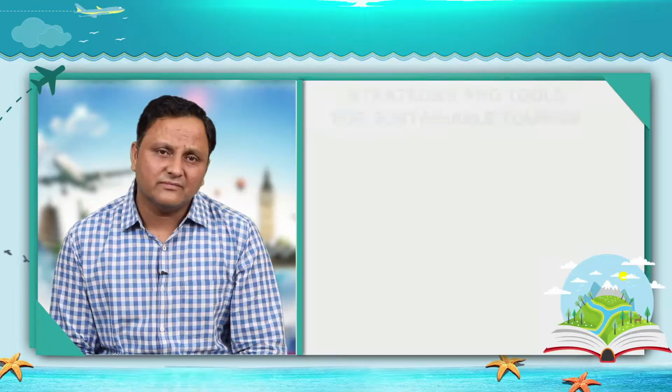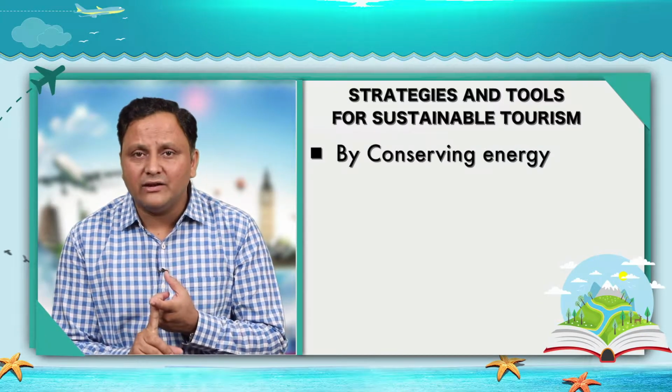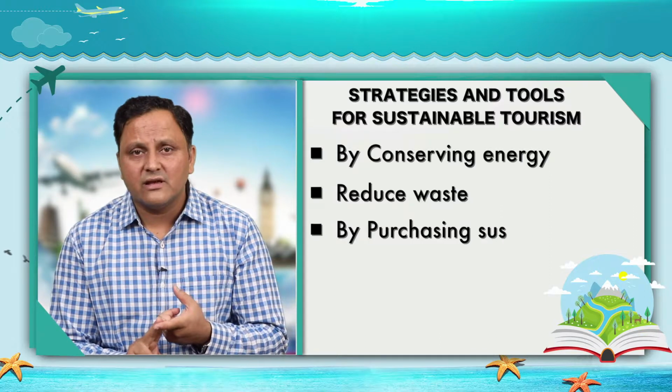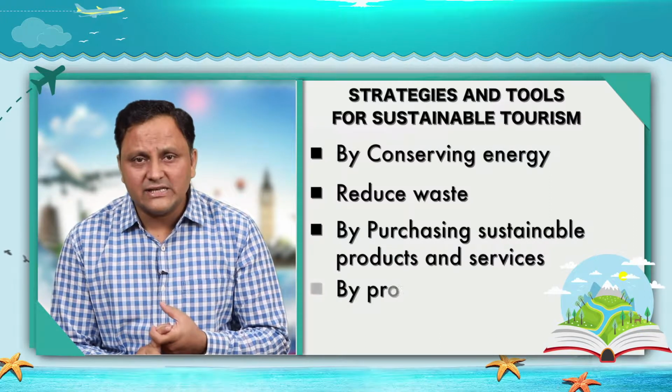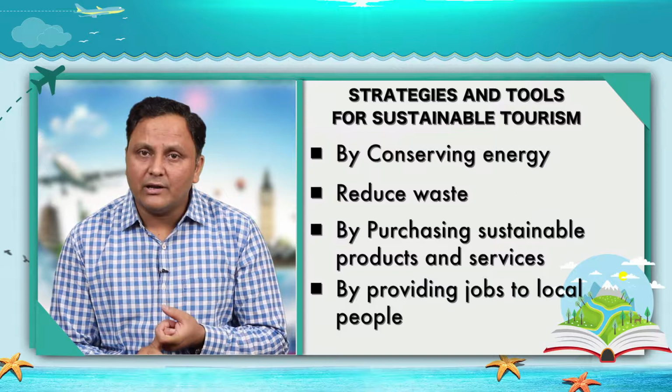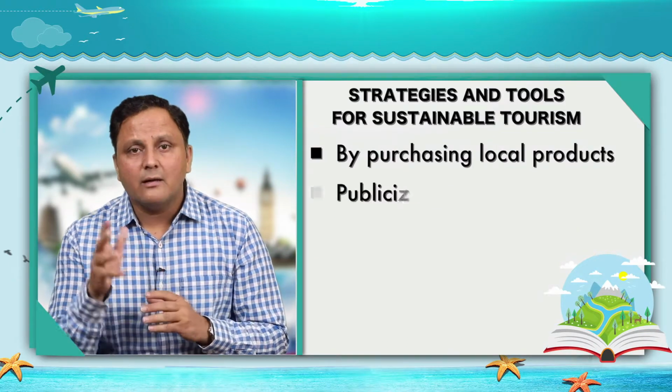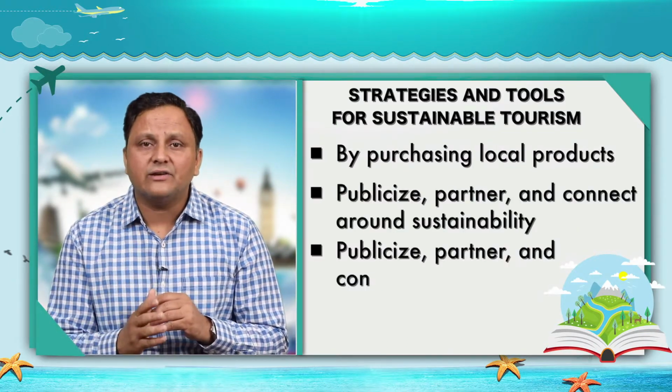Collectively across the globe, 1.3 billion people traveled in 2017. That is 1.3 billion people having carbon footprints with planes, cruises and other types of travel. So, there are various strategies and tools for sustainable tourism, and these can be by conserving energy, reducing waste, purchasing sustainable products and services, providing jobs to local people, purchasing local products, and publicizing, partnering and connecting around